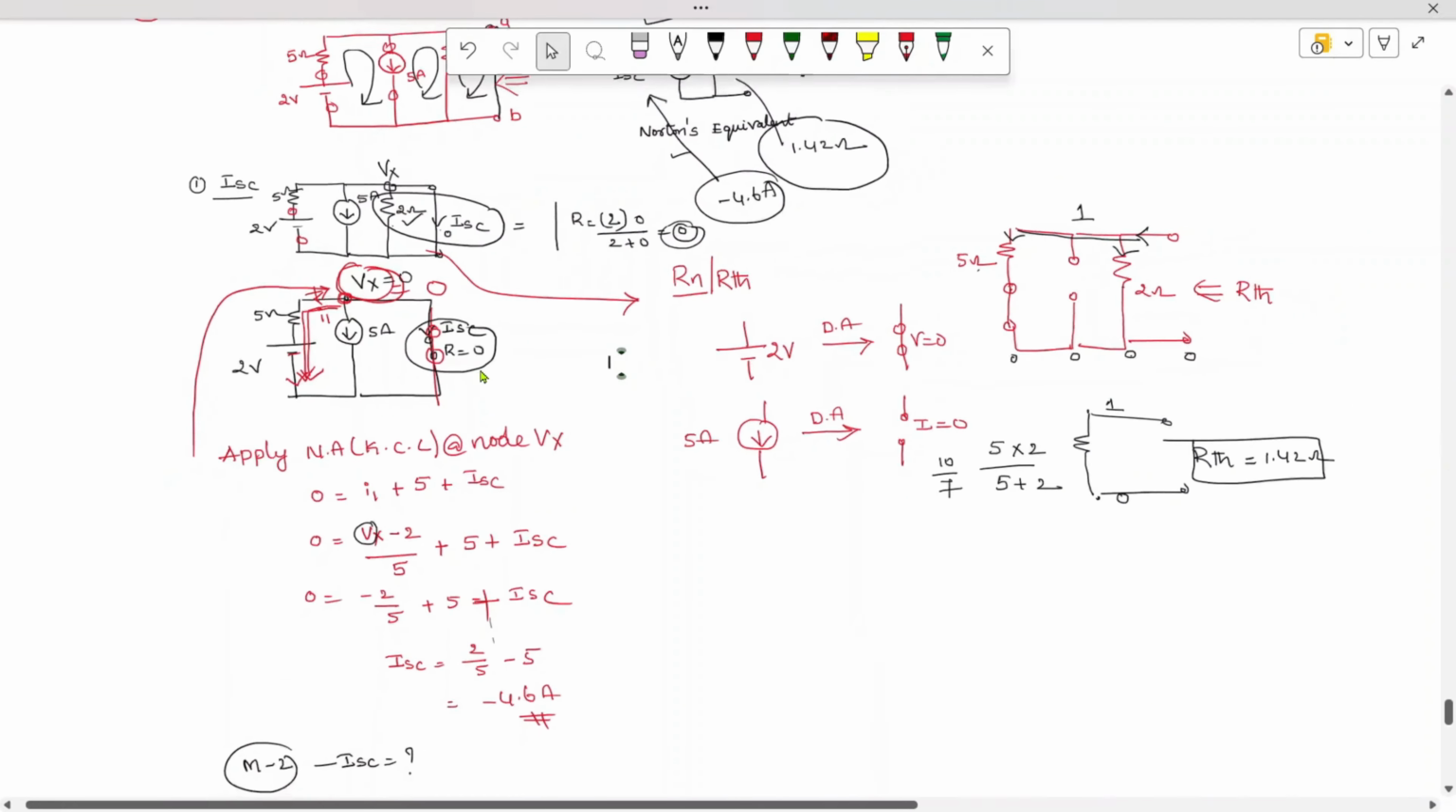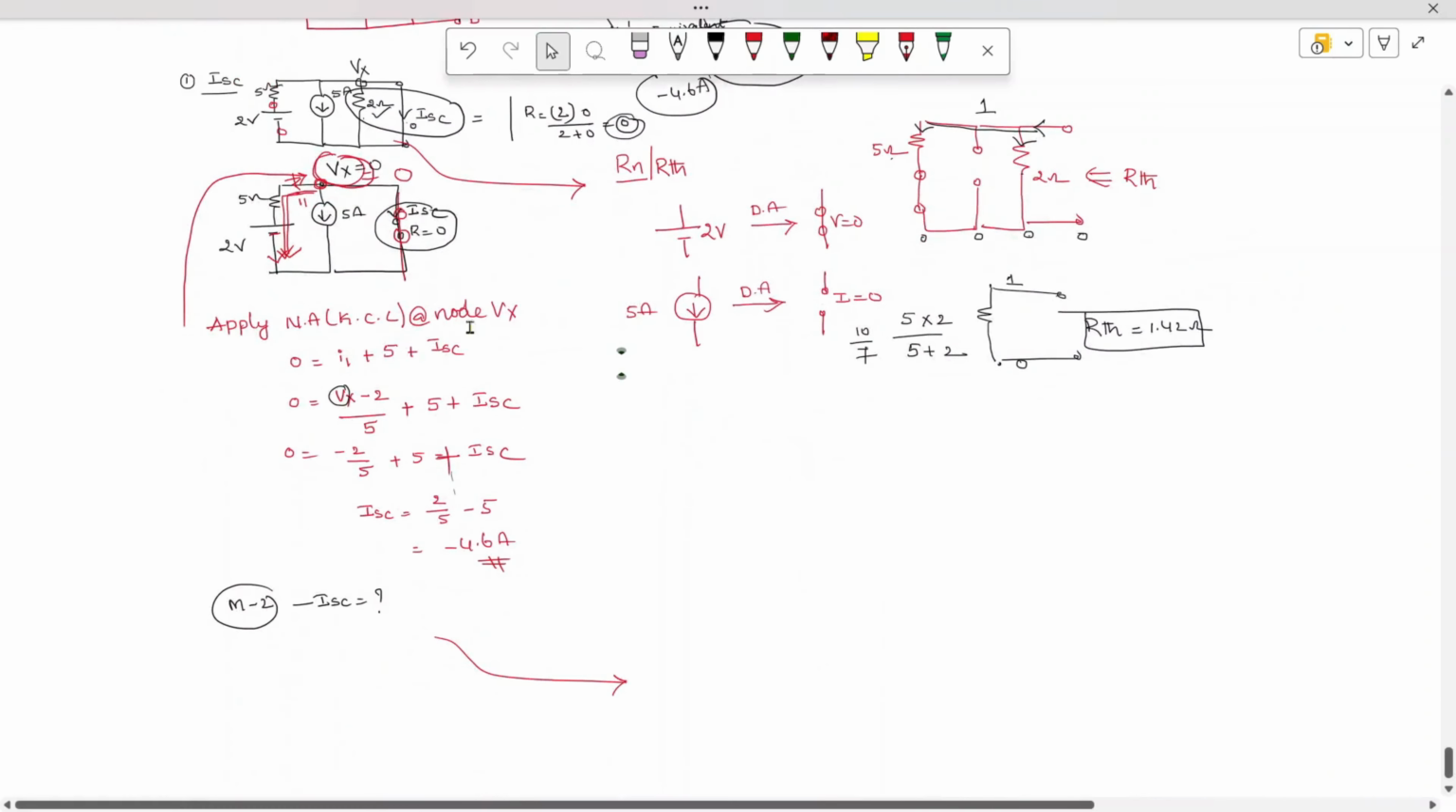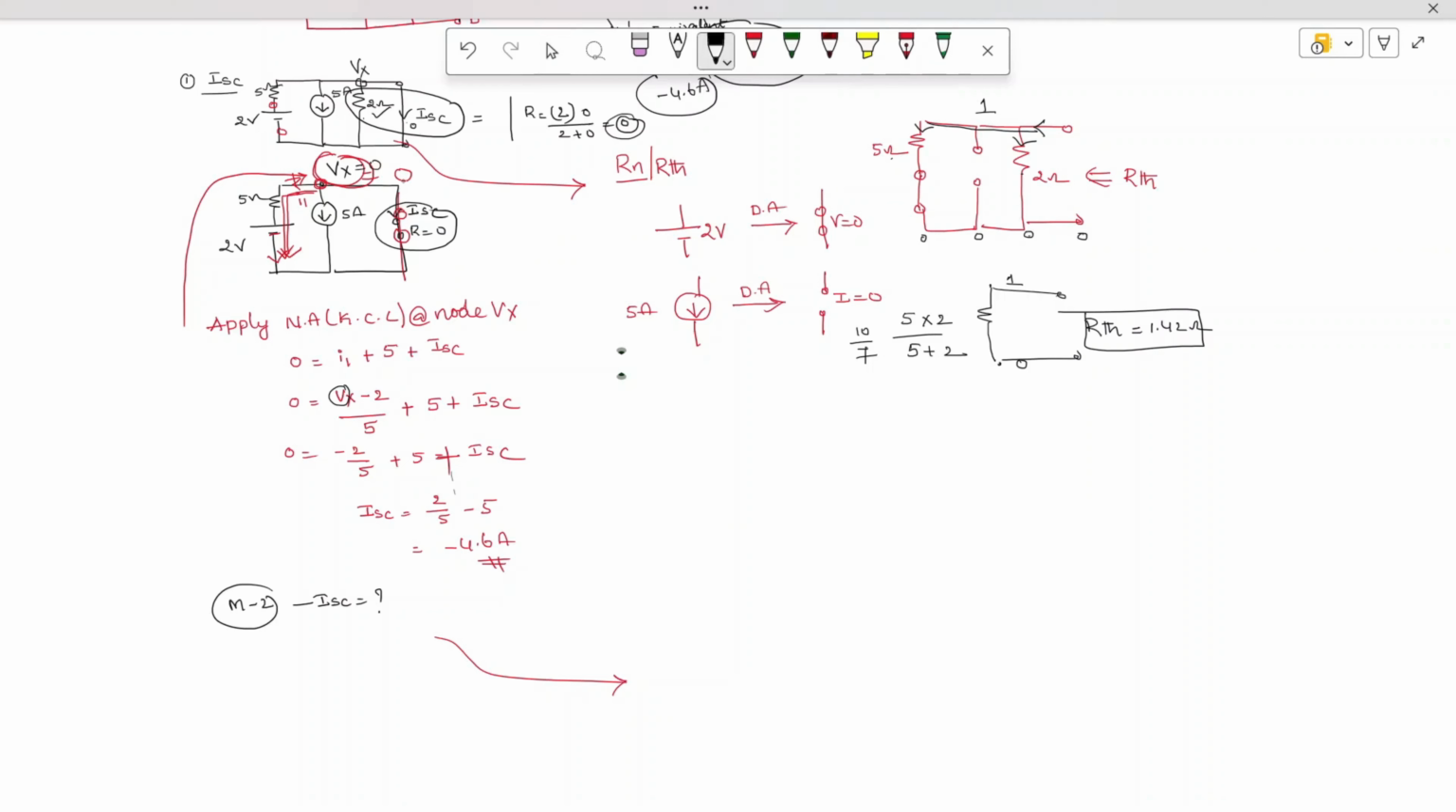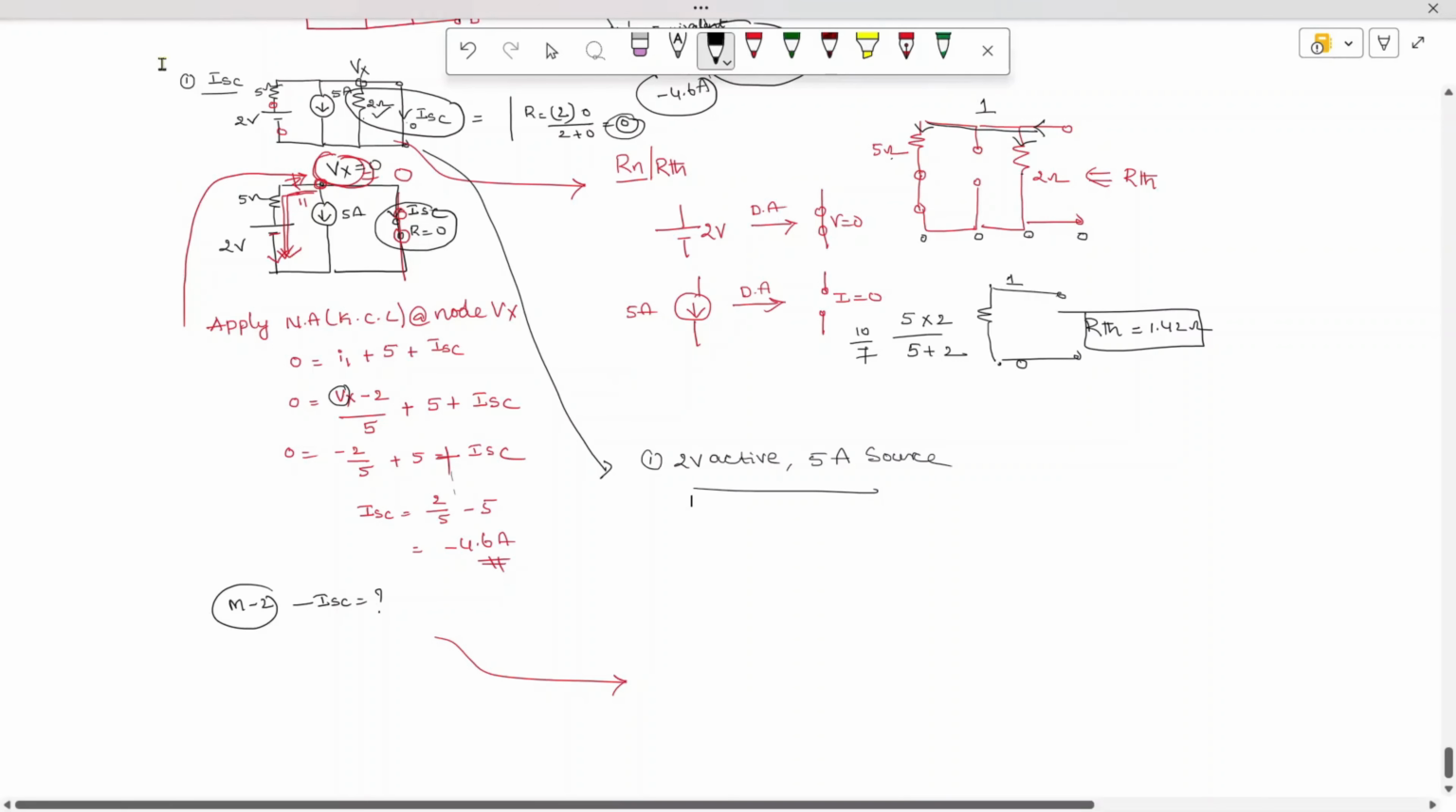So here you can see how to solve it. See here, how many sources are there? Two sources are there. Okay. So I'm considering only the 2 volt source active, and I'm deactivating the 5 ampere source. This is like solving the same problem using source transformation. Okay. So now when you do it,